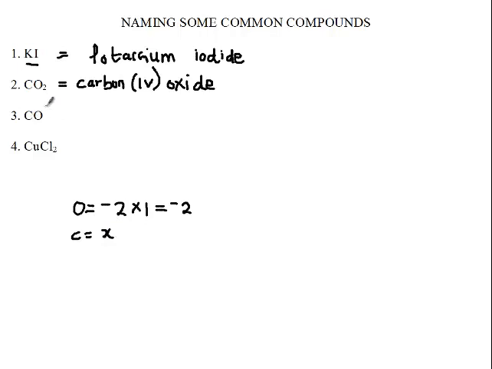Everything should be equal to 0 because there is no charge. So X plus -2 is equal to 0. X minus 2 is equal to 0. You send -2 across the equal sign, and then you're going to have X is equal to +2. Therefore, this is going to be carbon